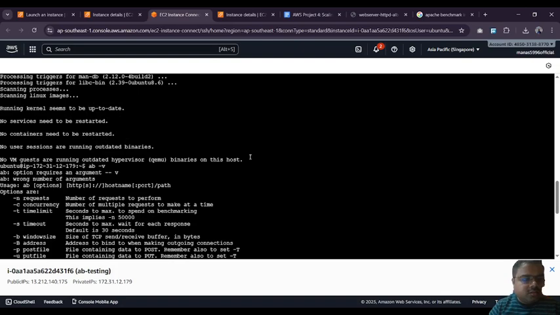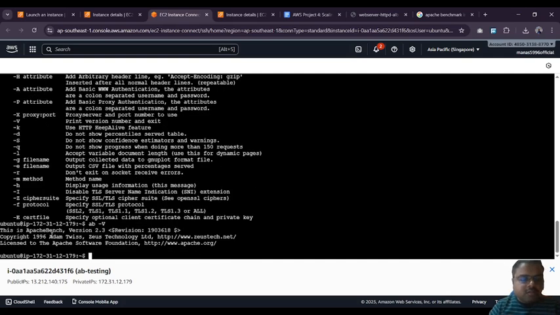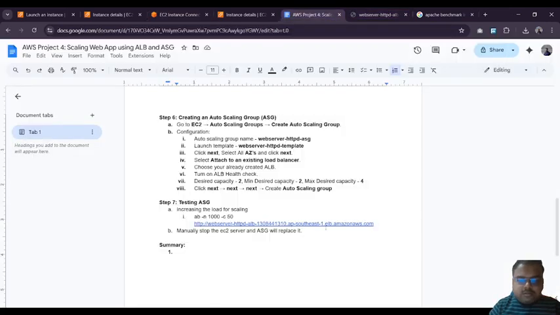So I think the AB command is working. So Apache Benchmark is installed now. We copy this and